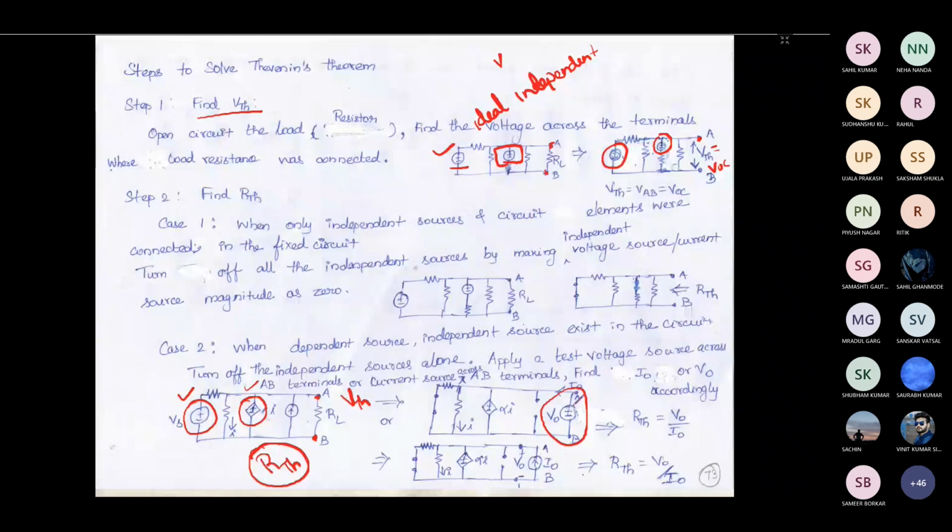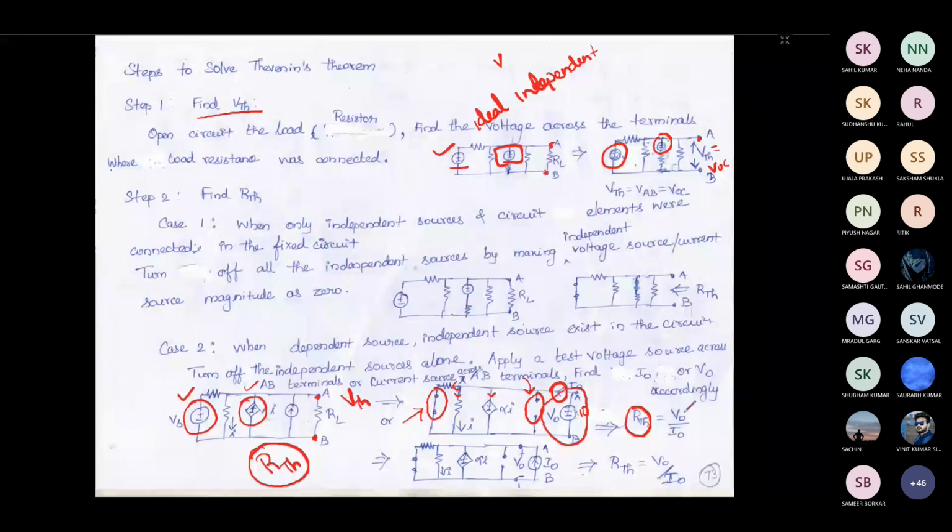Okay, now at the same time, you can see that the independent sources are replaced with their internal resistance. For a voltage source, I have short circuited. For a current source, I have open circuited. Then I have connected a test voltage source across the load terminals. So once I fix the test voltage source, I give some voltage value for this test voltage source. Because of this, there will be some current flowing through the circuit. So if some current is flowing through the circuit, then you can find the current coming out of the voltage source. Now, what do you need to do for finding the R Thevenin?